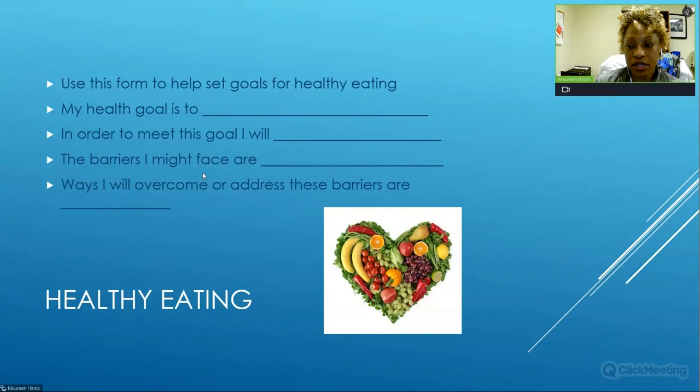The opposite of being successful is that we can run up against barriers, right? There may be things you can foresee that may prevent you from being successful at accomplishing that goal. So if you foresee something, think about it ahead of time, because if you can foresee that barrier, then before actually starting the goal, you can think of ways to overcome the barrier to set you up for success.